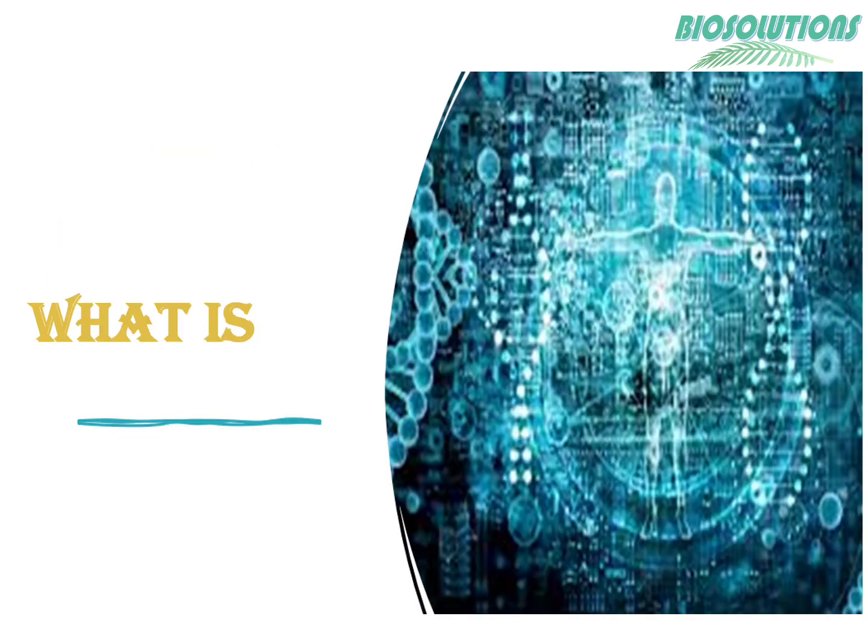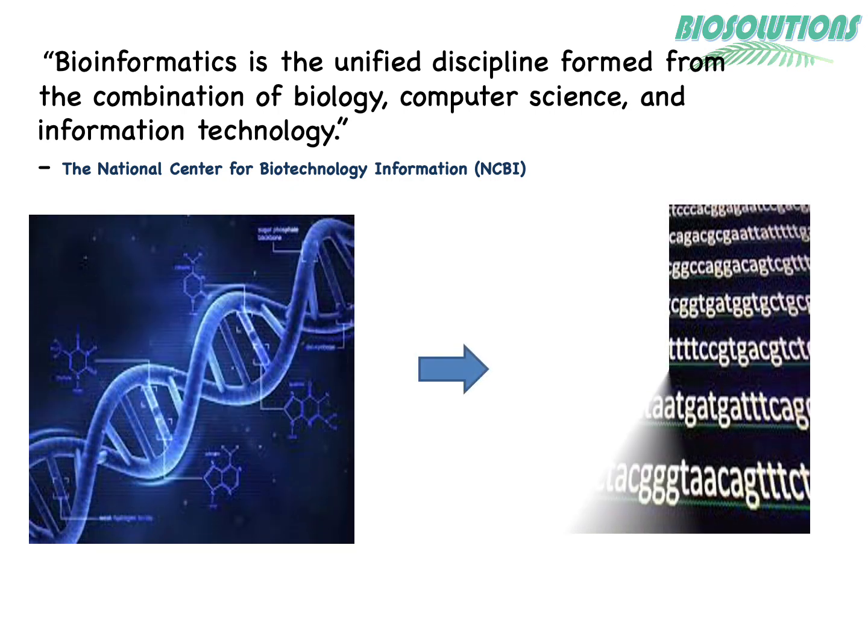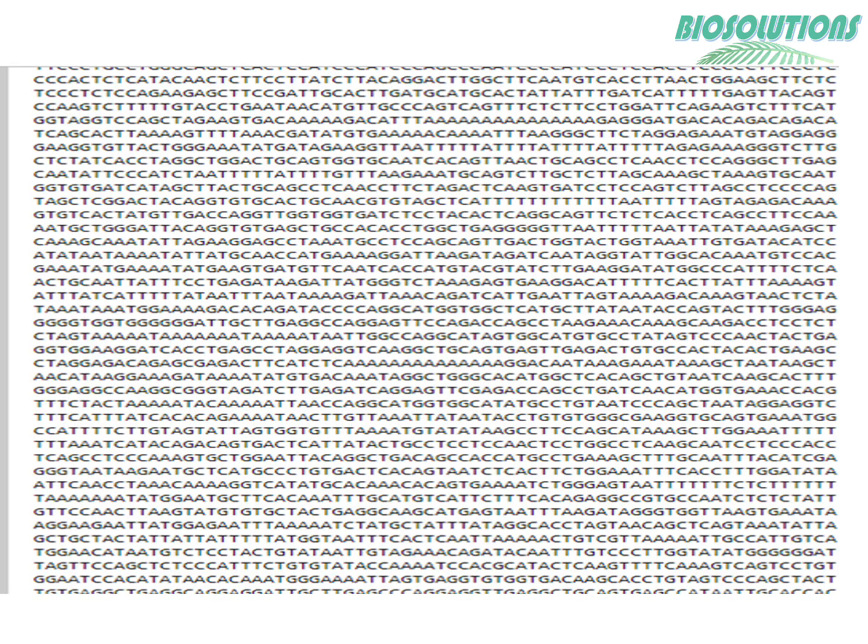So, what is bioinformatics? Bioinformatics can be defined as a unified discipline where biological information such as DNA codes can be stored and analyzed using computer science and information technology. Why are DNA codes so important? Human haploid DNA in each cell has around 3.2 billion codes as a sequence of base pairs, out of which less than 2% only code for the synthesis of proteins.